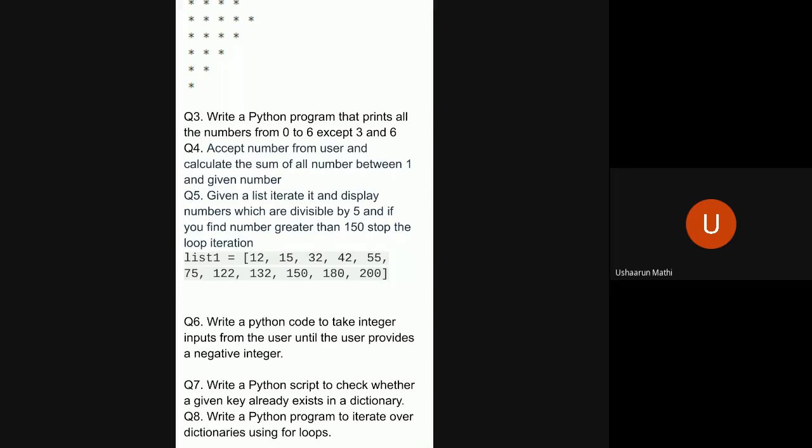For loop, I think. In this case, you don't have a specified number of times the loop has to run, right? While loop, yeah. Because in this case, you are taking a number from the user, but you have to keep on running the loop until the user gives a negative number. So whenever the user provides a negative integer, that is when you stop the loop, right? So you don't have a specific number of times that you want to run the loop. You have a condition that whenever the user gives a negative input, you stop the loop.